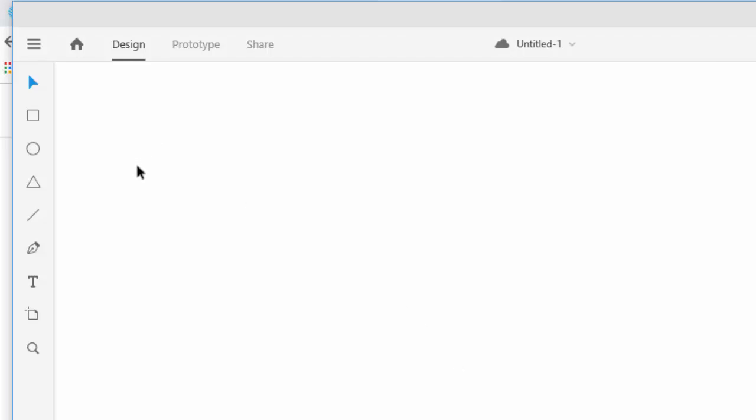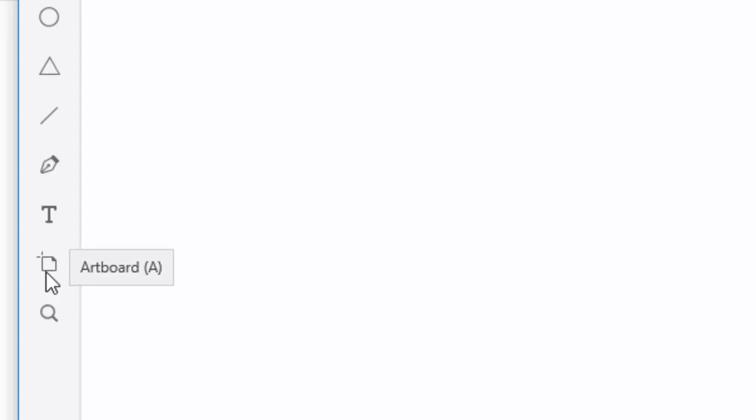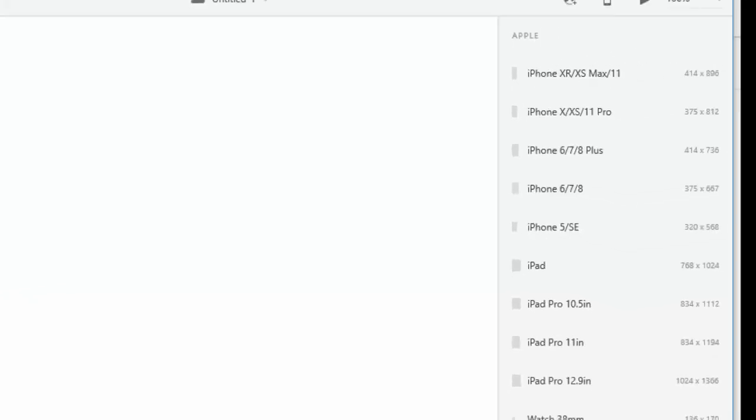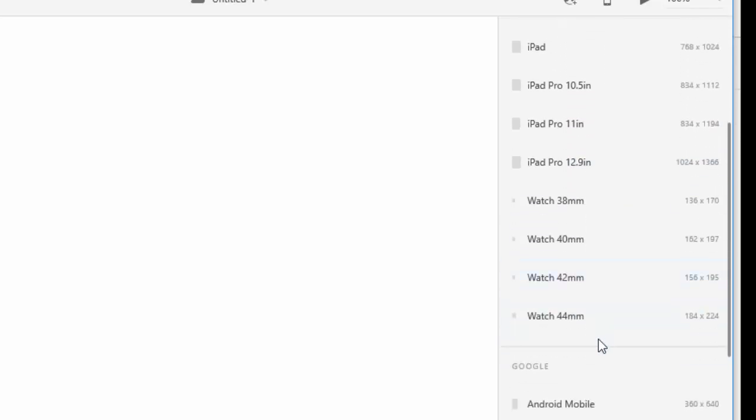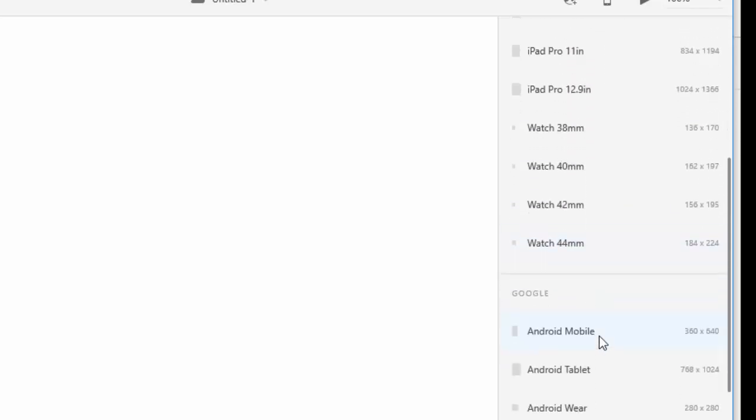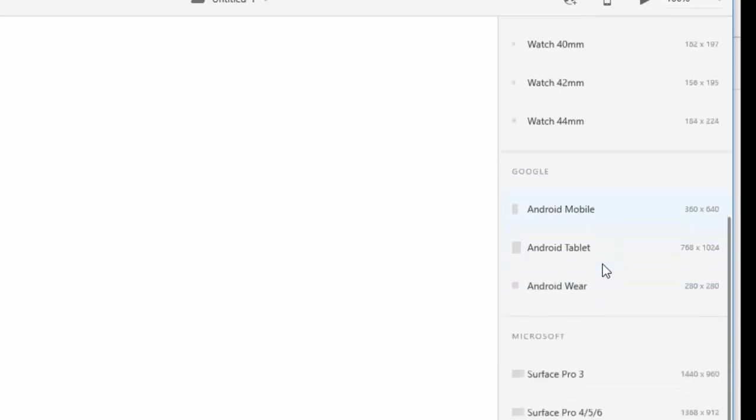And your next step would be over here on the left-hand side. There's a toolbar over on the left. It doesn't have a ton of tools, and we'll learn about them as we go, but there's an artboard tool. So I'm going to click the artboard tool. As soon as I click the artboard tool, I get a whole bunch of presets over here on the right-hand side for different devices. There's a whole bunch of iPhone sizes, iPads, Apple Watches, Android mobile,